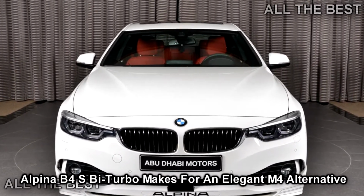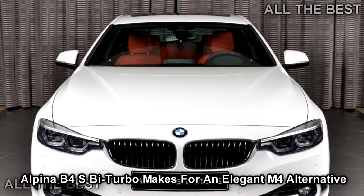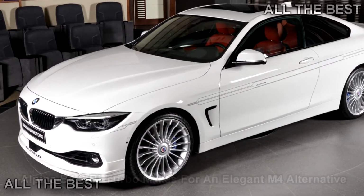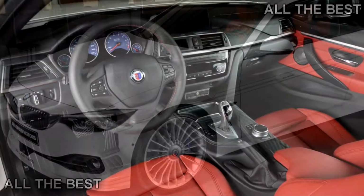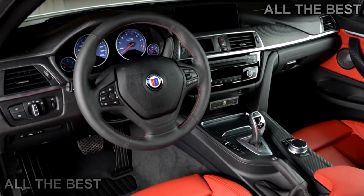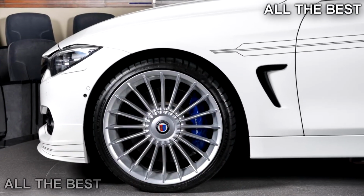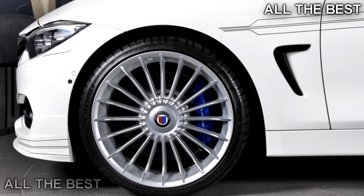As awesome as the BMW M4 is, if you're craving exclusivity, opting for an Alpina tuned 4 Series should help you stand out more among the crowd. The best part is that you wouldn't be sacrificing any performance, as the B4S bi-turbo puts out 9 PS, 9 HP, and 56 Nm, 41 lb-ft, more than the stock M4, for a total of 440 PS, 434 HP, and